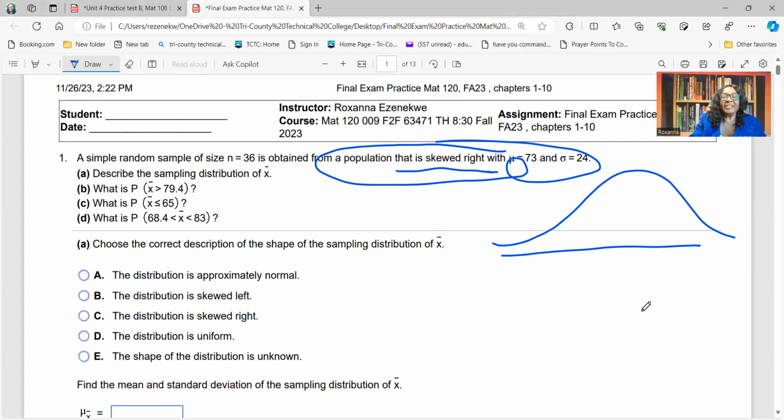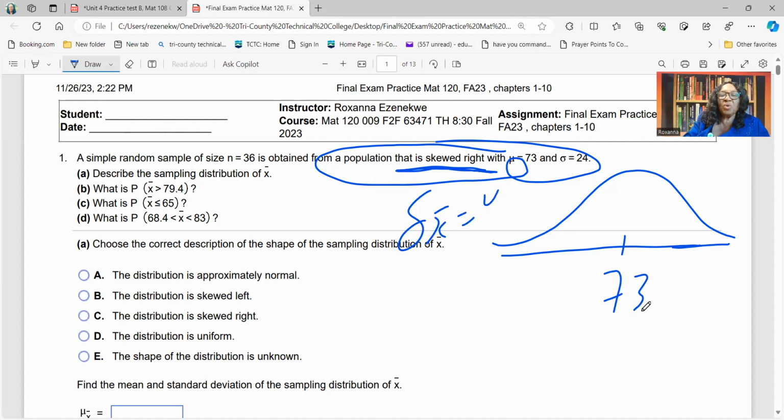By the way, the most important thing here is that the data is skewed right. The data being skewed right does not mean that you cannot do inference. You can do inference according to the central limit theorem. So the mean is 73. The standard deviation is 24. Therefore, the standard error